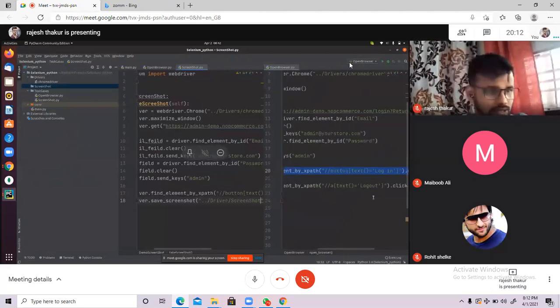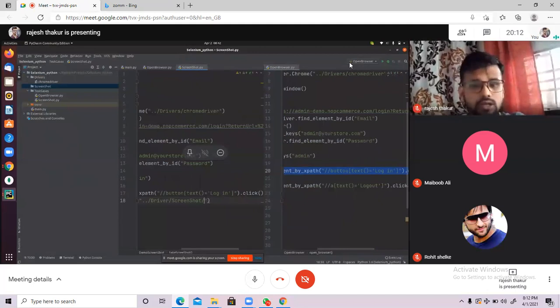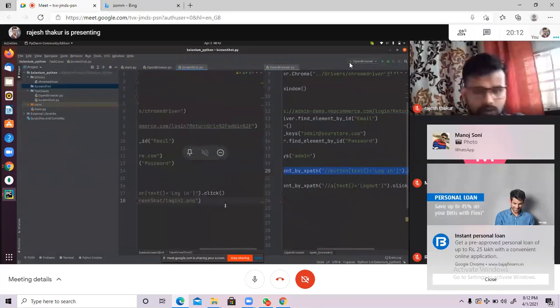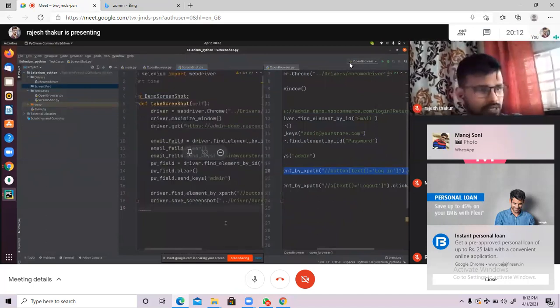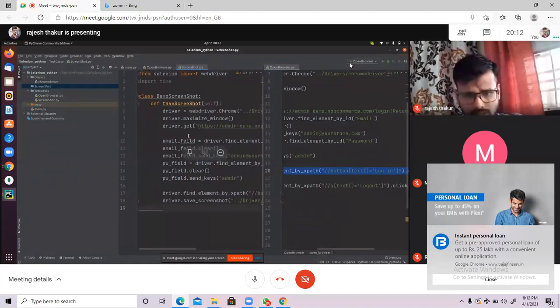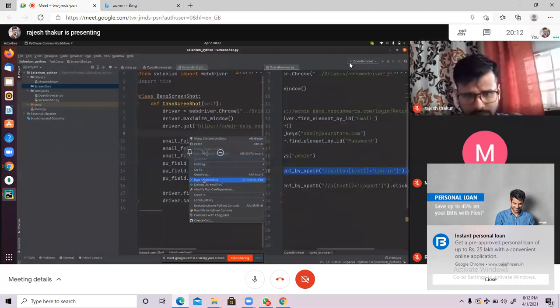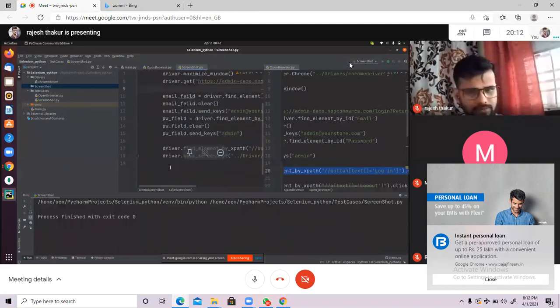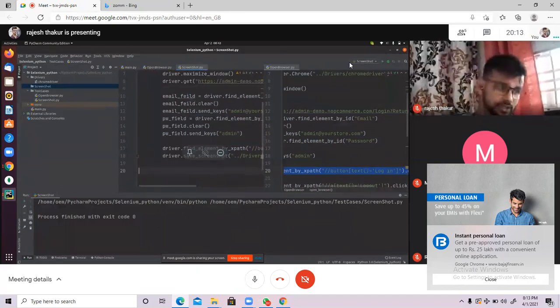So we are going to take the screenshot, and inside the screenshot folder, what name do you want to give? This is login1 dot png. You can give this kind of name. Fine, cool, awesome. Then once save screenshot is done, we have to close the browser also. Okay, so let's run this code first and we'll see what is going to happen. Okay, why is it not running, can anyone please tell me? Because we have to create an object. Unless we call the function, it will not work at all, right? Just a minute.